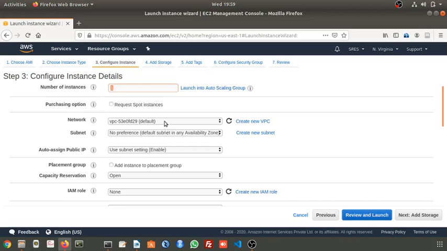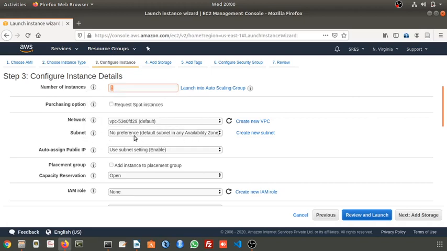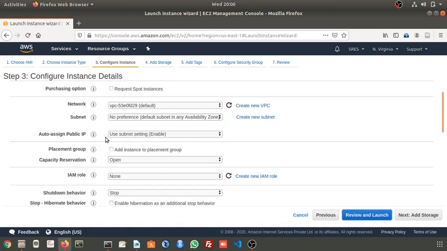For network I am choosing the default network, and the default subnet, which means whatever the available zone is, in that zone it will get selected. This is a region, and in this region there will be multiple availability zones, so it will be created in the default zone. We will see subnetting and the VPC portion in the coming session. Actually we have to start the session from networking, but I started from this EC2 itself. Next, auto assign public IP. The IP will be assigned automatically as per this subnet standard.